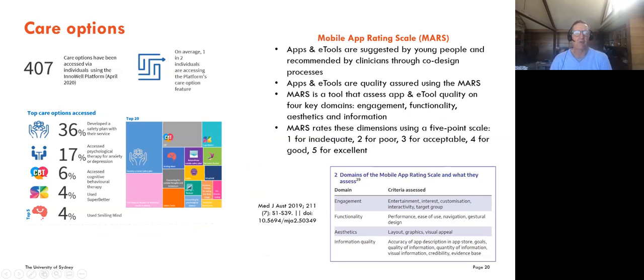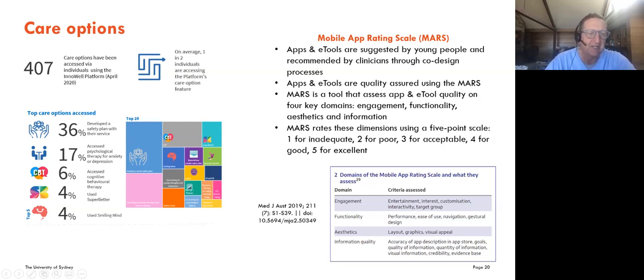Care options is a really important set of issues. There are a lot of other options out there. Most discussion of digital health and e-mental health gets down to just talking about apps and e-tools or online functions, of which there are estimated at the moment to be more than 20,000 in the anxiety and depression world alone. Apps and e-tools need to be assessed. We've tended to use that which was developed earlier on by the Young and Well Cooperative Research Centre, a mobile app rating scale, which takes into account the feasibility and the evidence base of particular tools as to whether they are likely to be good or not for engagement in these particular areas. So giving ratings to different tools influences what we take forward as care options